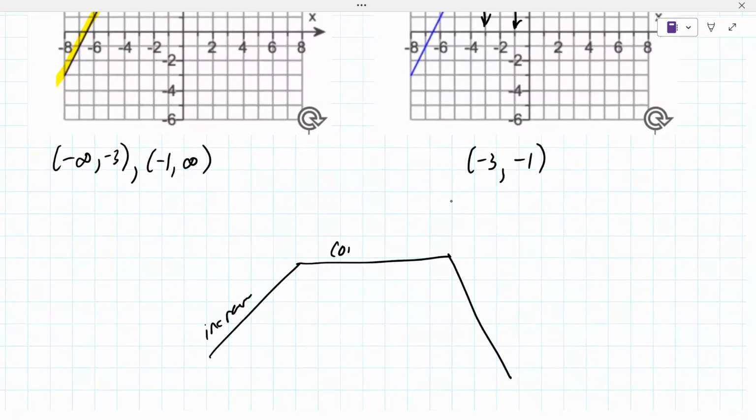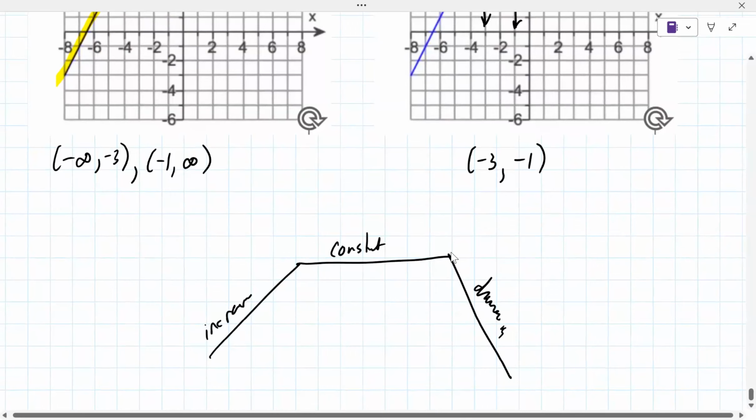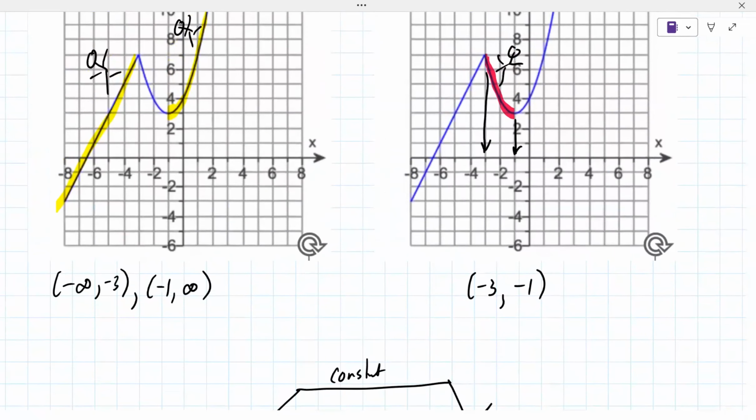Increasing, constant, decreasing. But I think you're only going to see increasing and decreasing in this class. Sounds good. All right. Last part here is